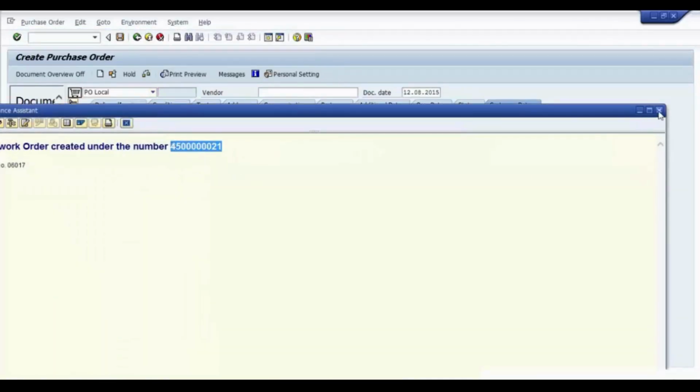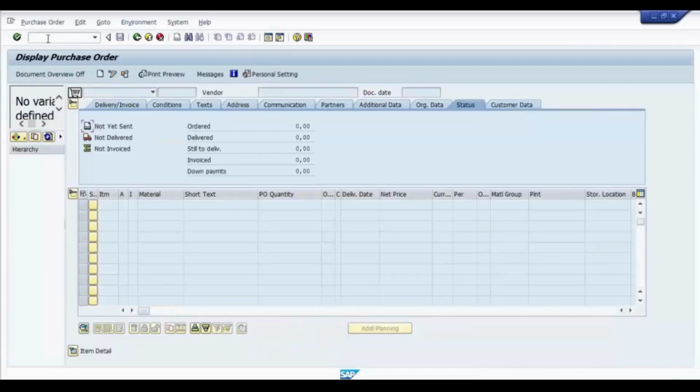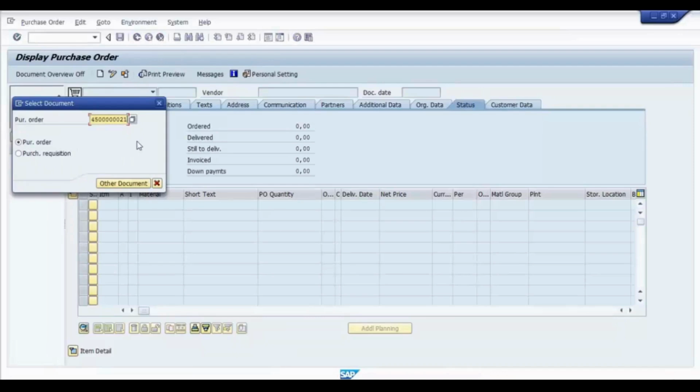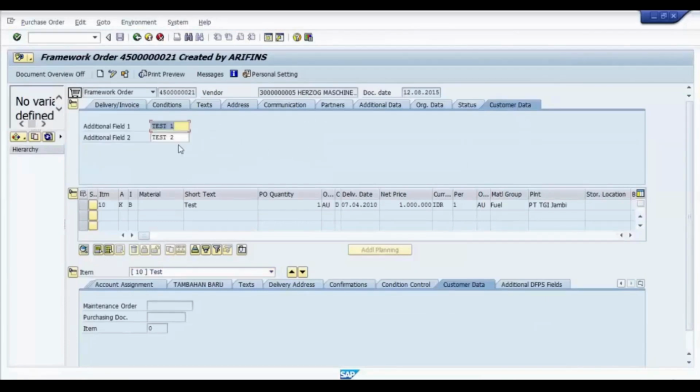And then we display again a new purchase order document with transaction code ME21N. We see the additional data we have added or saved to the database, but